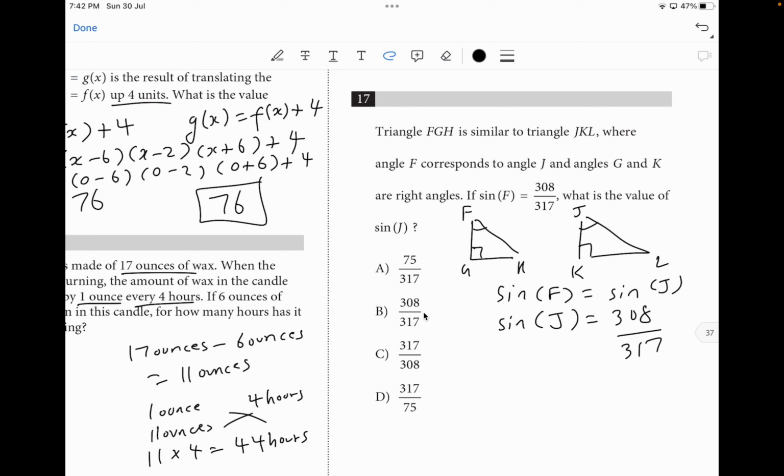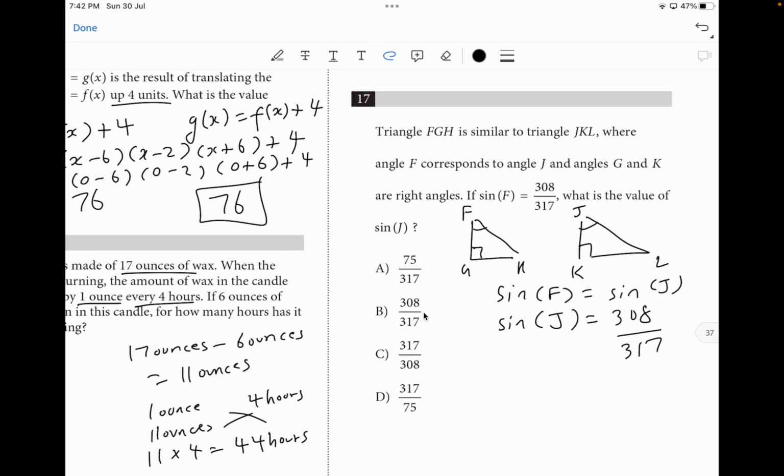So in this case, they're asking you to find out what the value of sine J is. So if you put this in your calculator, let me just see if it simplifies it for us. Okay, it doesn't simplify here. So since it doesn't simplify, we have just found the answer, because we know sine F is equal to 308 divided by 317, and we know F corresponds to angle J, and